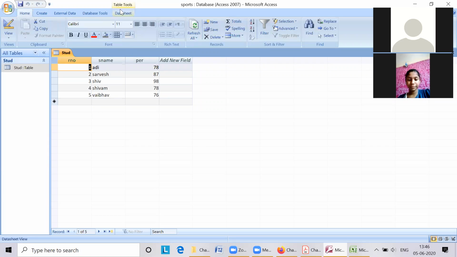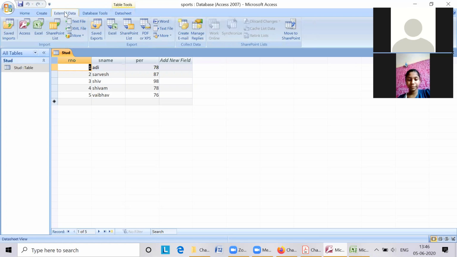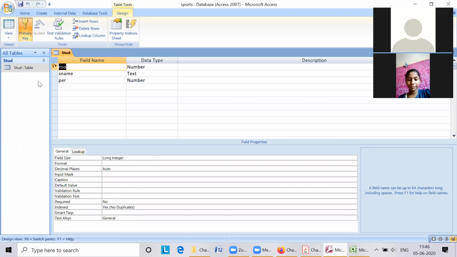Query wizard, right? Or query design. You have to press on query.